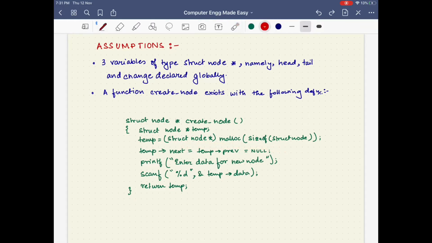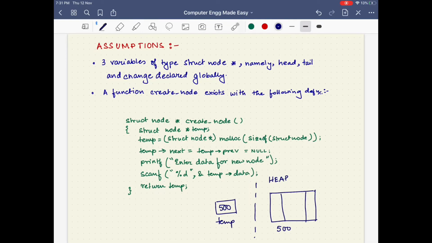The moment we do this, a node gets created in the heap memory. If this is the node that is created in the heap memory, the address of this node, for example, say the address is 500. This address 500 will get stored in the variable temp, which will be located in the stack memory.